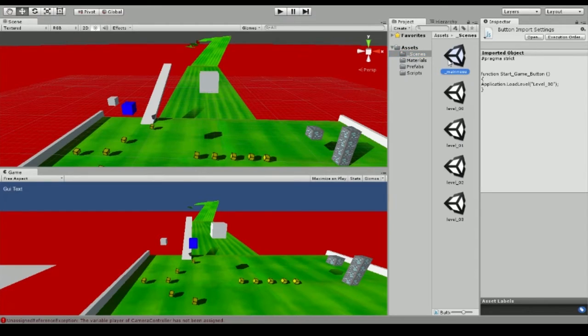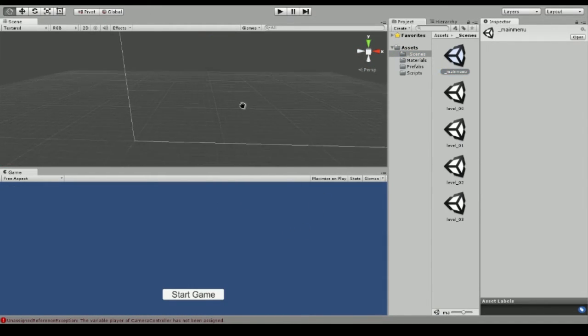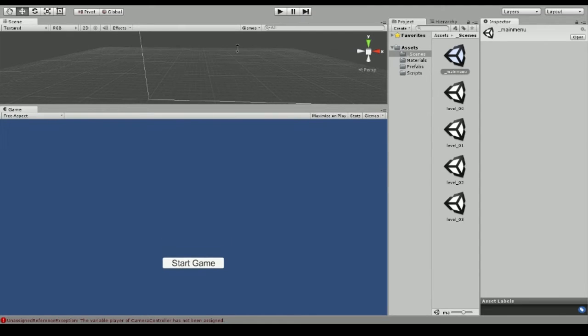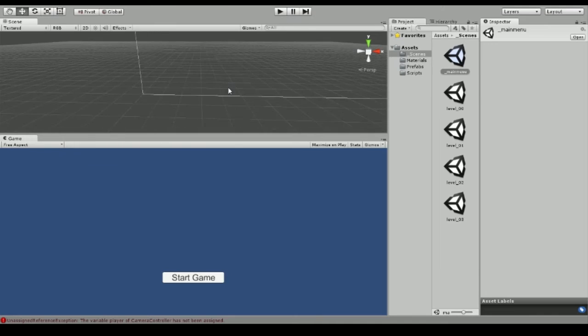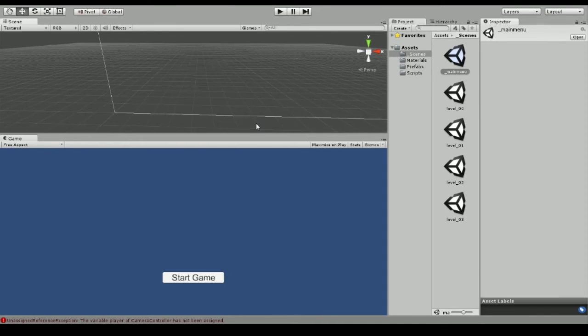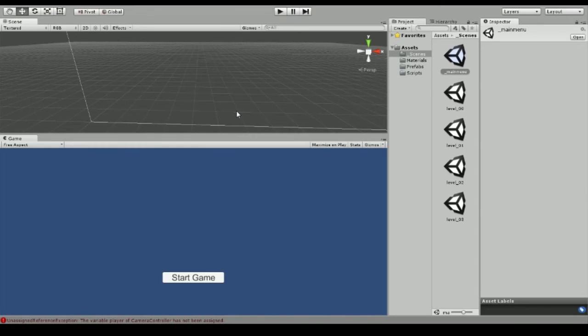Main menu. The main menu! I forgot to mention the main menu! The main menu was something that I added at the very end of it. I wanted to kind of solidify that this is a game. And I did so by adding a main menu to it. I couldn't even begin to tell you how this thing works anymore. I kind of forgot everything about it, but I ended up